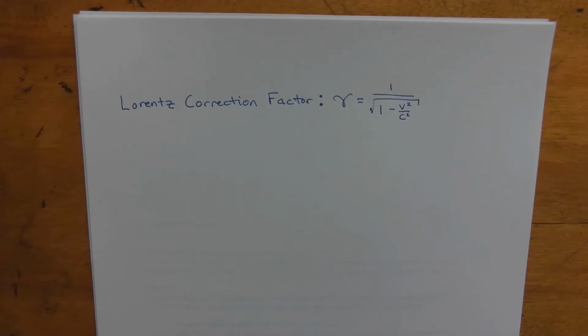In this video, we're going to take a look at some of the equations which we will be using in this course. Most of the equations that we're going to look at now are introduced on page 6 of the relativistic dynamics section, which is the second section in the book. This first equation that we're going to look at for the Lorentz correction factor is introduced in the first section of the book, which is relativistic kinematics. So we'll be talking more about where those equations come from when we get to those sections in the book